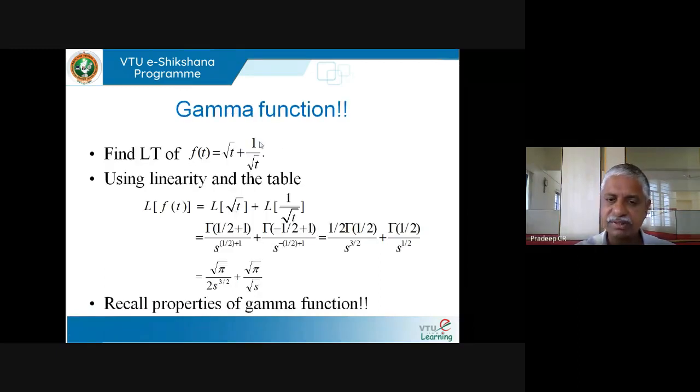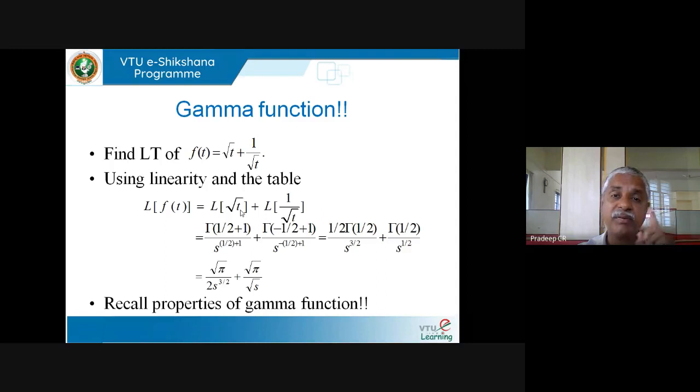There is one more thing which keeps coming in the syllabus: how to find Laplace transform of root t plus 1 by root t. Root t is same as t power half. Do I know that? So, firstly, use linearity, which means Laplace of f(t) is Laplace of root t plus Laplace of 1 by root t. How do I find Laplace of root t? I have written it here. Laplace of root t means Laplace of t to the power of half. How do I find Laplace of that? I told you in the table of Laplace transforms that the last entry was